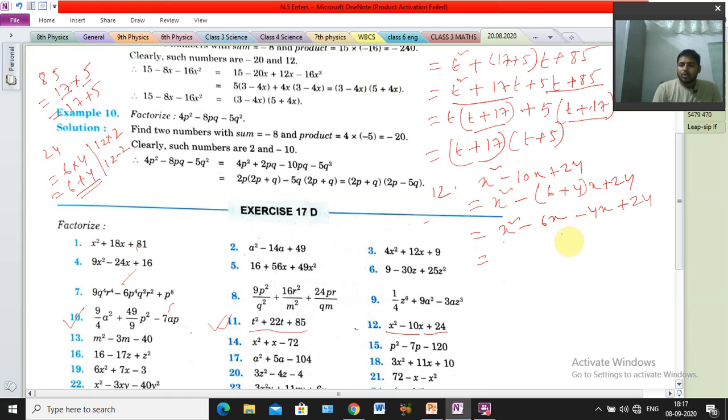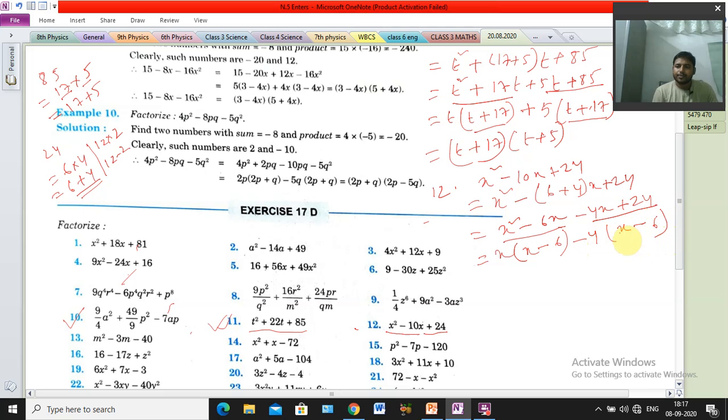Next, so take common, sir. From the first two terms, x is the common, so take x common, so remaining x will come and minus 6 will come. Okay. Next, from the last two terms the common is minus 4, so if we take minus 4 common, x will come inside, and here a plus sign was there, we have taken common minus, so minus times plus is minus, another minus will come inside, so that is the thing. And 4 also common taken, so from 24, taking 4 means 6 will come.